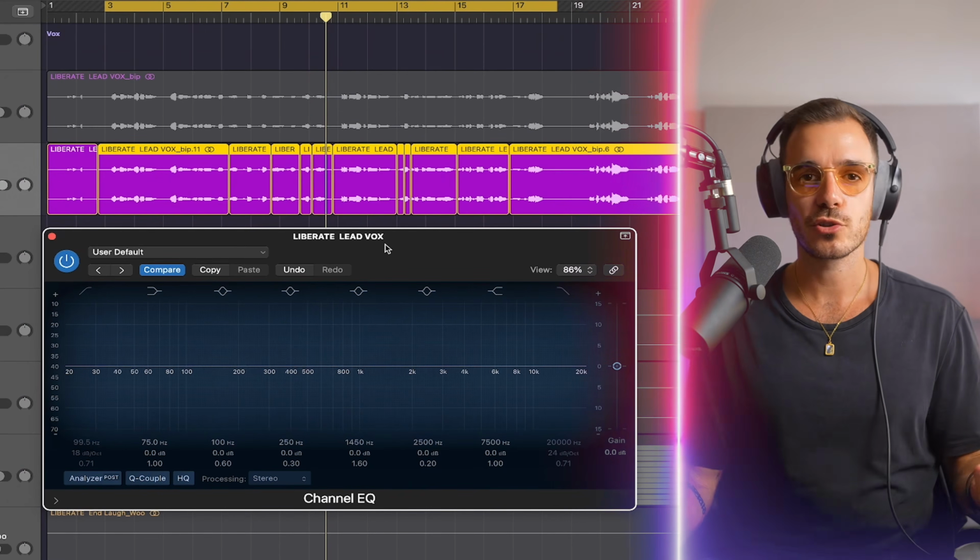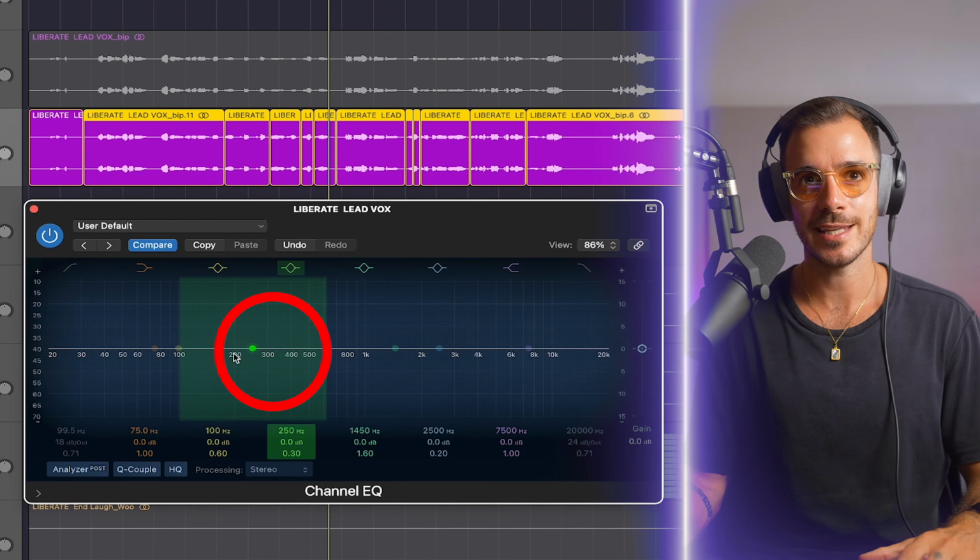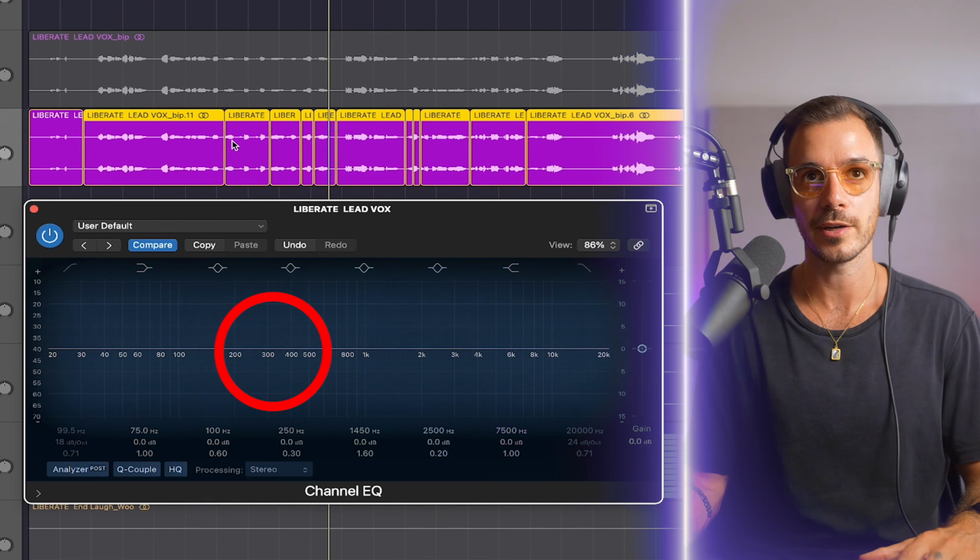Now, the vocalist sings from lower notes to higher notes, so the dominant frequencies are always changing. I'm not sure which mic they use, but I can hear that it is a little bottom heavy, meaning there are quite a few low frequencies, which I actually think are masking some of the mid and high frequencies. And we can see that those are sitting in this area here between 200 to 400, especially in this section of the vocal.